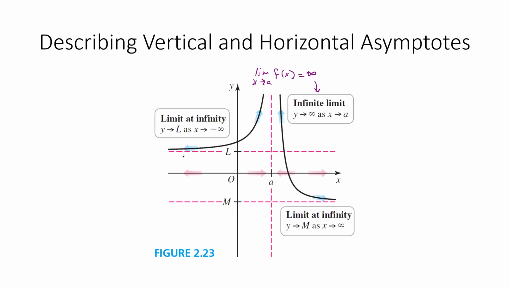So this is like a vertical asymptote, right? Or these other ones where it's going to negative infinity and approaches some line here, L. Or here as it goes to positive infinity, it's approaching some other line, M. So these are limits at infinity, but these are really horizontal asymptotes, right? Because we see that the limit as x approaches negative infinity,